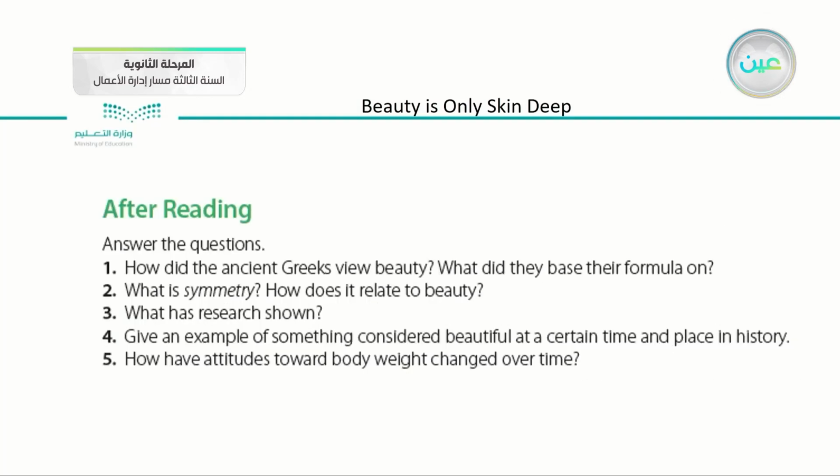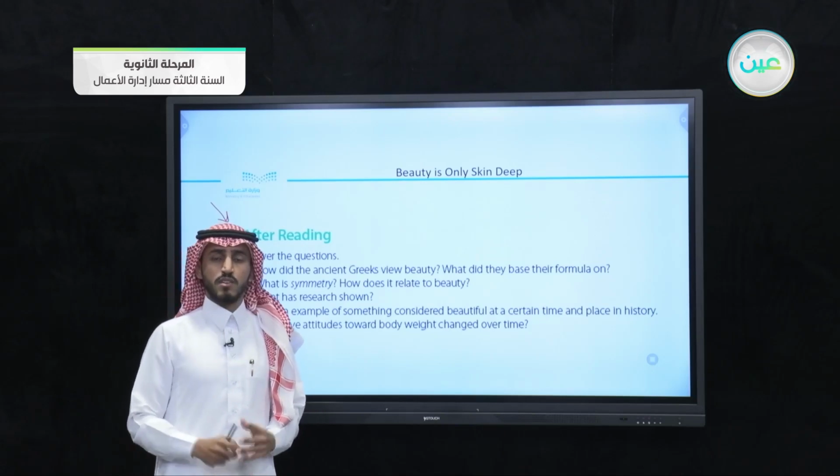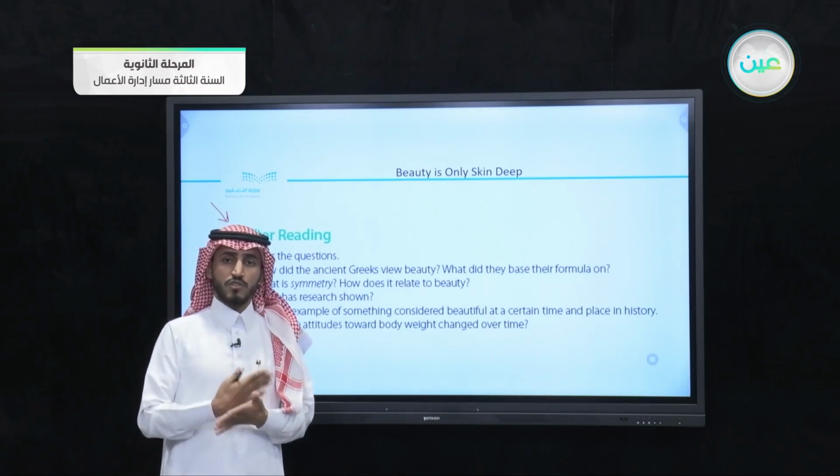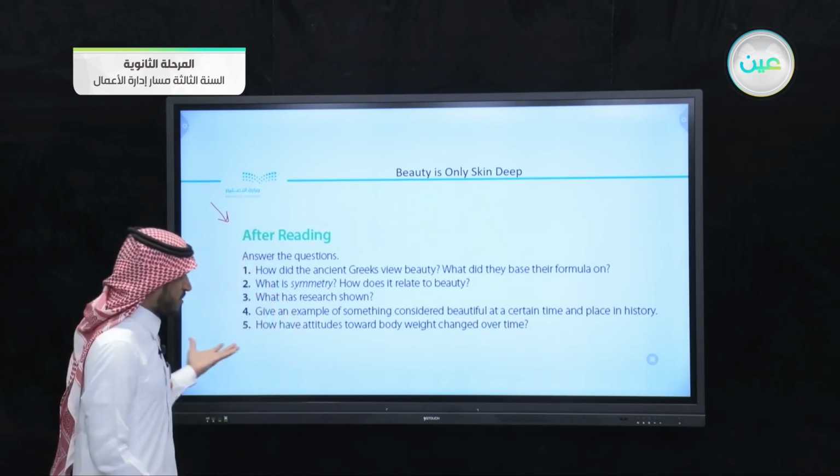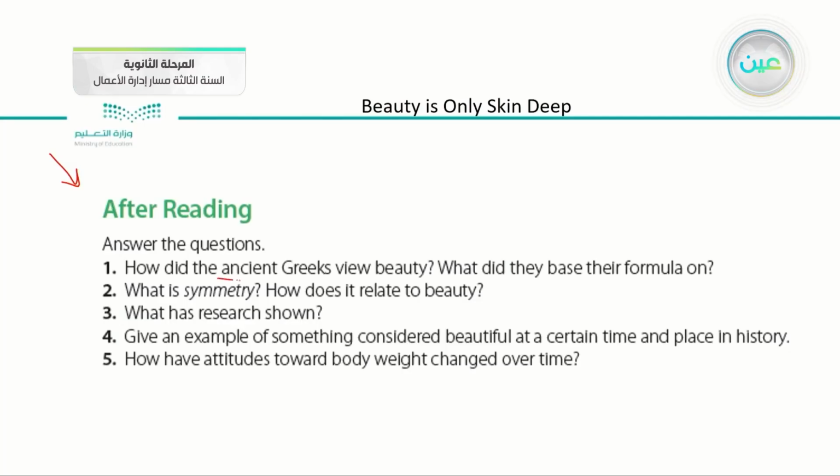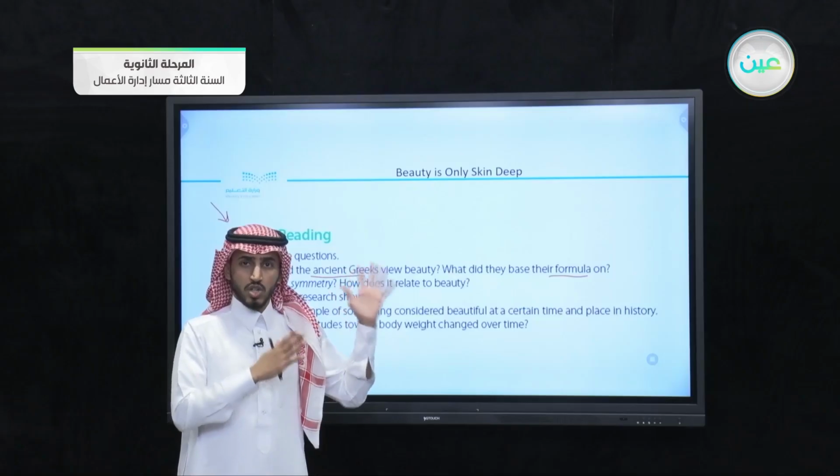Then after that we moved to the post-reading part, which is the after reading. In this part we have comprehension questions. These 5 questions, we talked about the proper way of answering these questions. We said, read the question, try to find the key words in this question. For example, number 1, the key words are ancient Greeks and formula. Find or underline the key words, then go back to the essay,